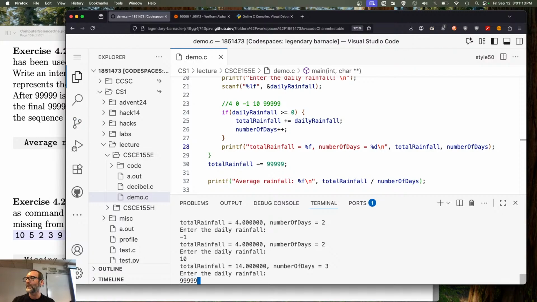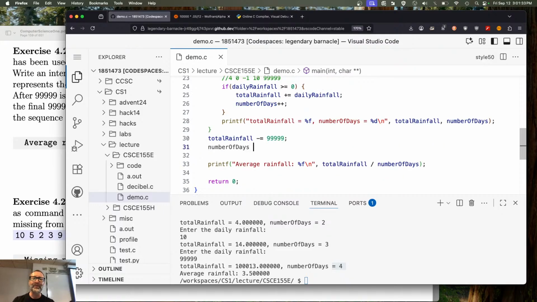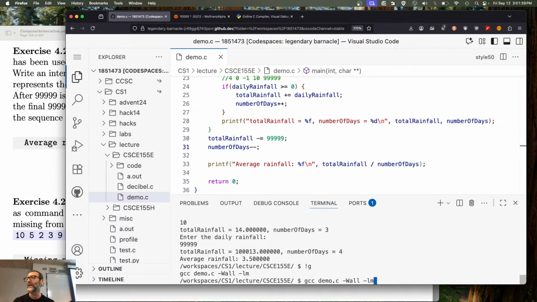99999. Right. Total rainfall. Okay. Well, that's kind of weird because it added that, and then there's the other one. Even though we subtracted this off to fix it, what didn't we fix? The number of days. So I could, again, correct the number of days by going minus minus. Right? And let's see if that works now. I hate typing, but